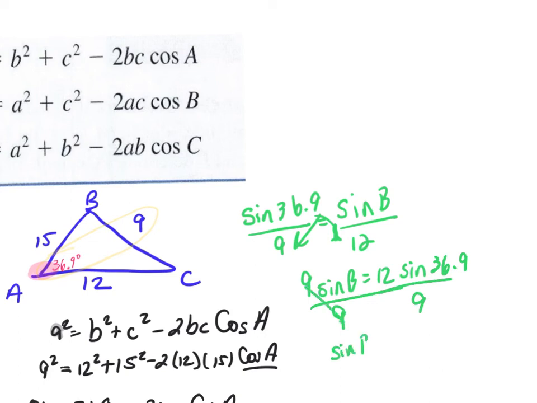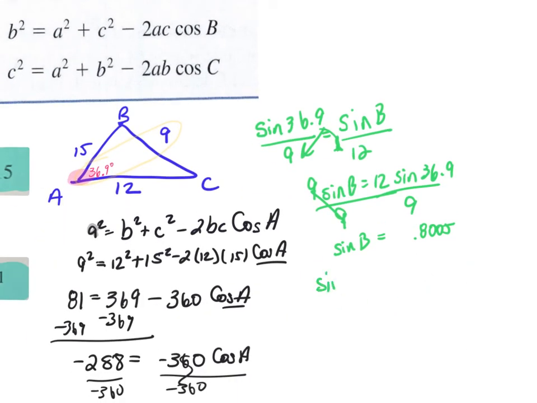The sine of B is about, let's do this in our calculator, 12 times the sine of 36.9 divided by 9, 0.8005. I don't want the sine, I want the actual value of the angle, so I'm going to arc sine both sides. So angle B is about